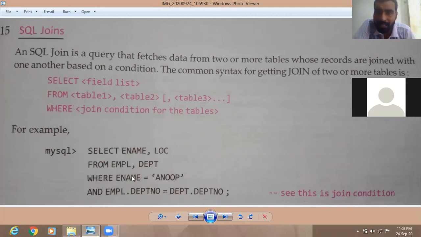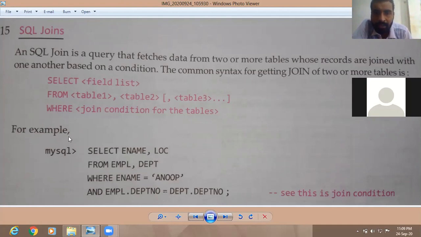Then we write another condition: first table dot field name is equal to second table dot field name. This is called equijoin. Equijoin means two fields should match. If the two fields match, then only this type of join will display the record.